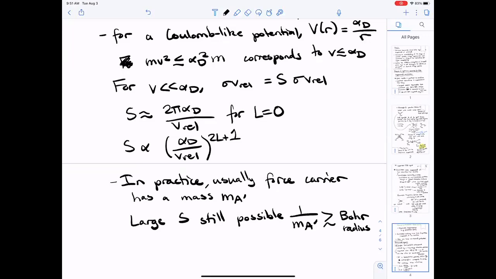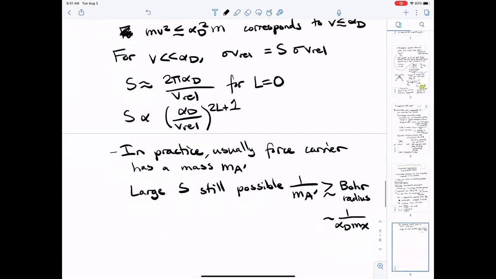This is basically saying, provided that the range of the potential, the size of the bound state, does not get cut off by the finite mass of the A', then you can still get a large enhancement. So this is going to be R greater than 1 over α_D M_χ. If that condition is satisfied,